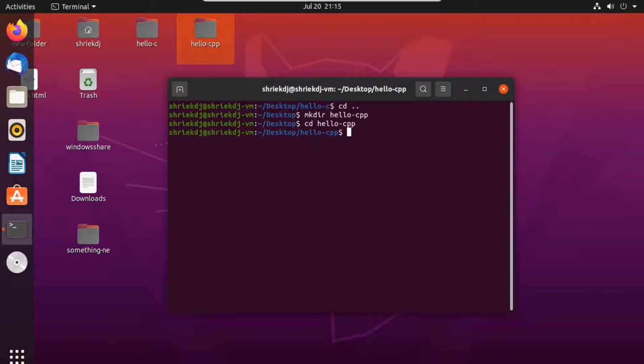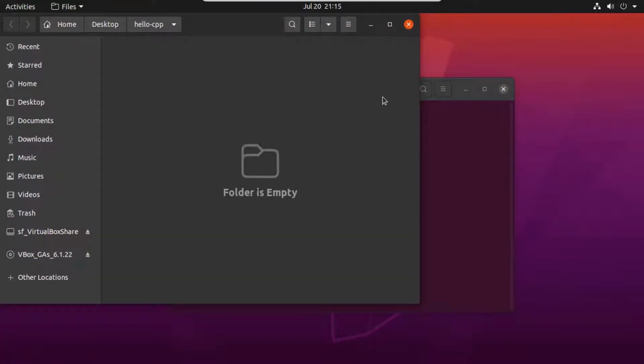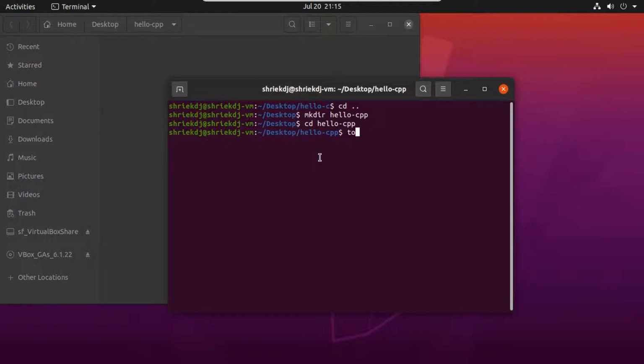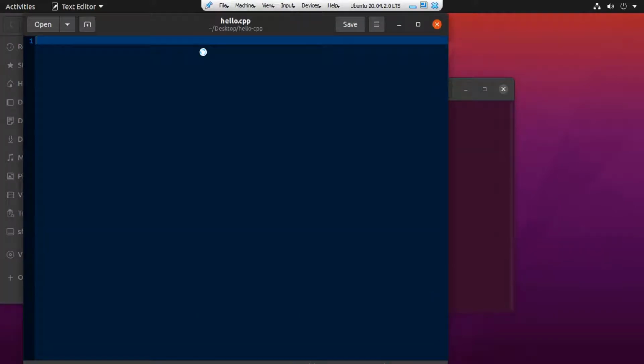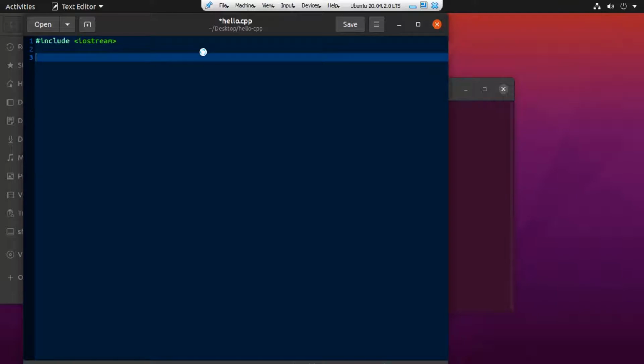After that we are gonna create a file named main.cpp. As you already know, .cpp is the extension for C++ language files. Let's touch, let's create, and let's make a simple hello world program in C++.